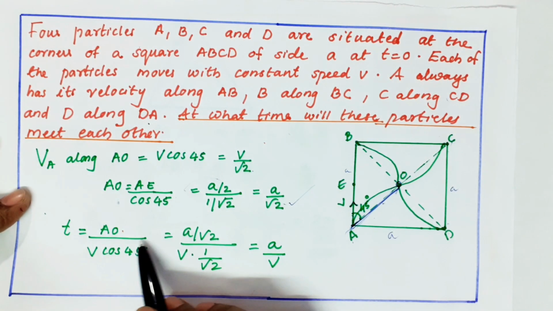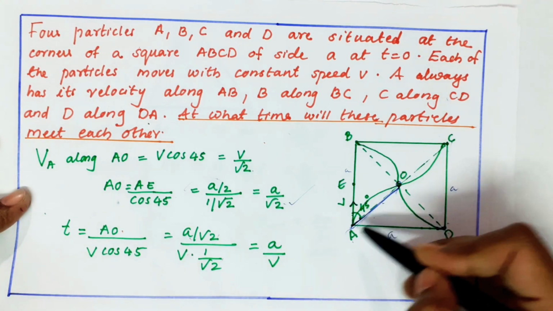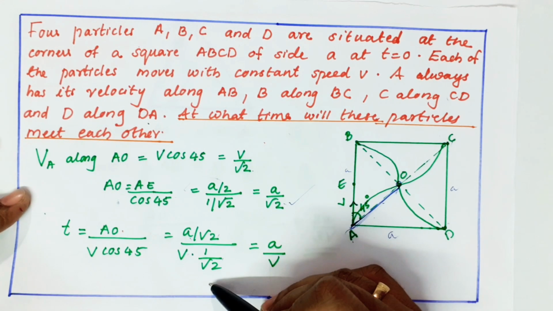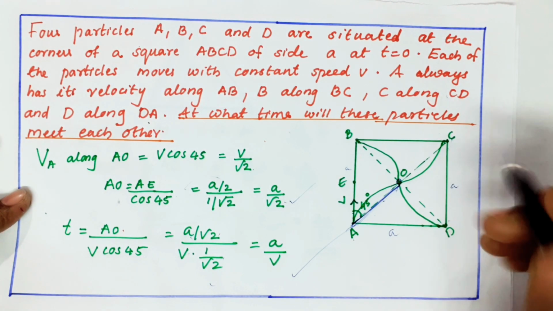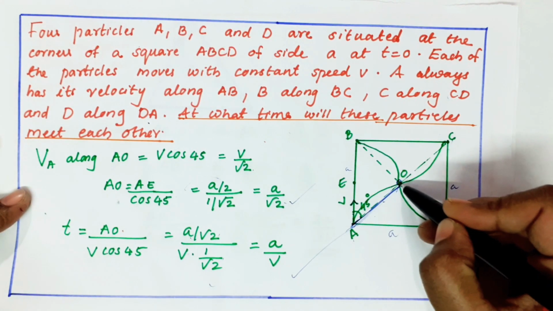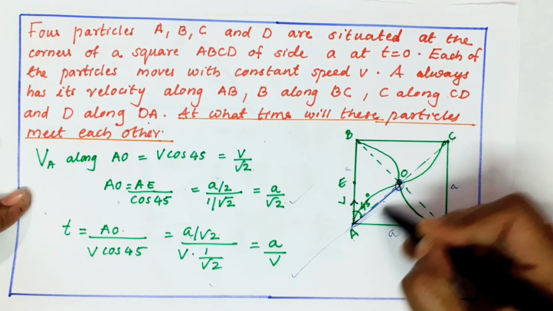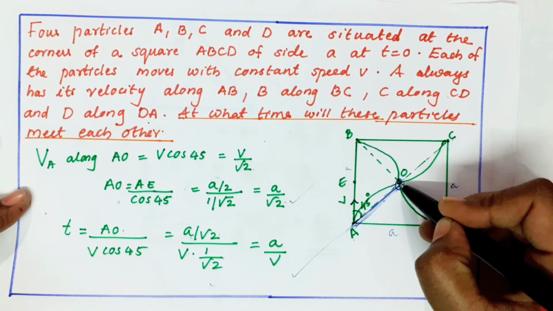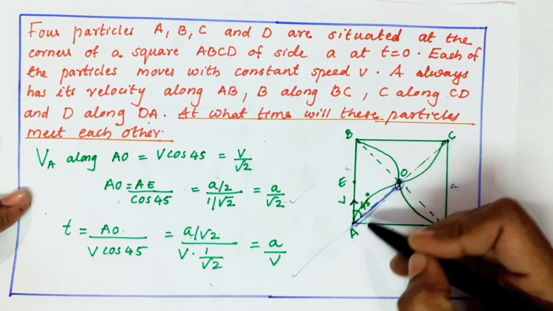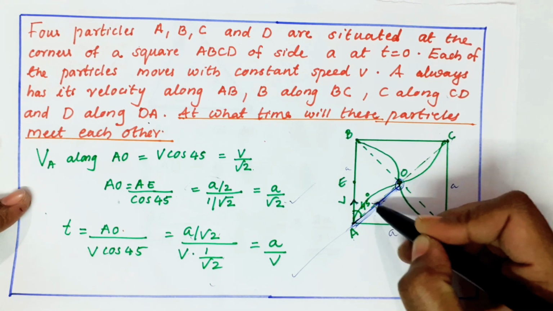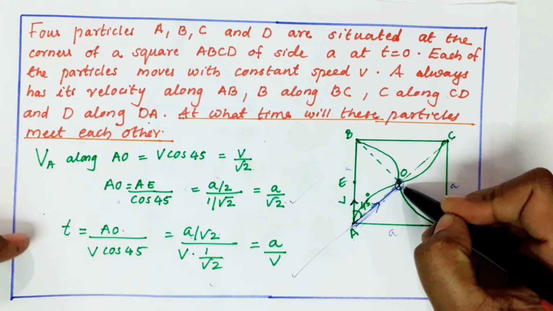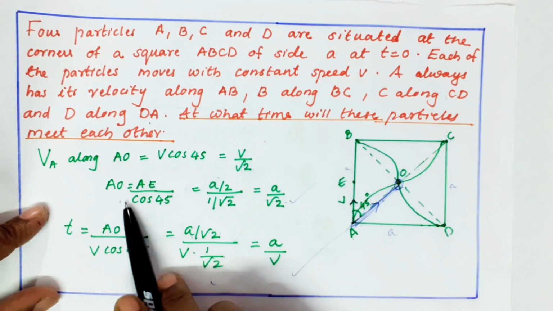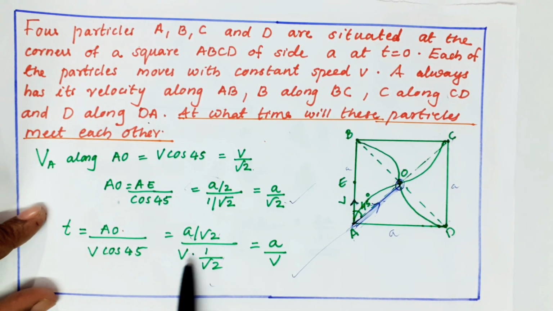Then time, if you want, is A by root 2 divided by the velocity component here, V by root 2. Root 2 cancels. So what is the equation? A by V. Simple. If the particle should intersect at this point, I need to find the velocity in this direction. They gave this velocity, so I made the component. What is this velocity direction? It is V cos 45. Then after that we take here time as A by root 2 by V by root 2, that is A by V.